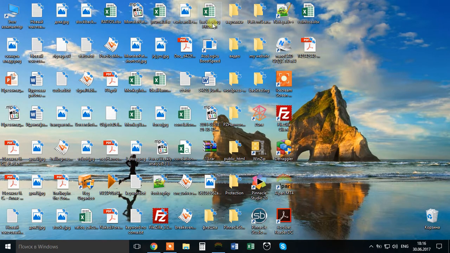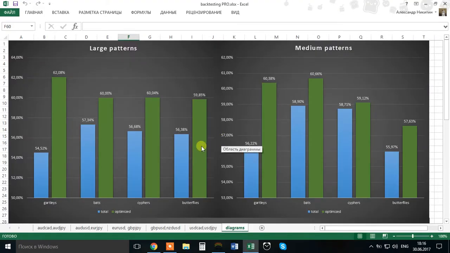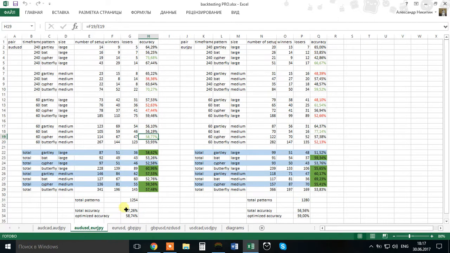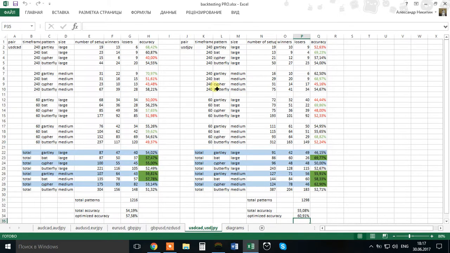I did some quick backtesting using my swing identification algorithms. So I've been using small and large swing identification algorithms on 10 pairs. The total setups found were more than 1,000 setups on each pair, so pretty large statistical data. These were done for advanced patterns, to trade with limit orders aggressively, to do it quickly, just to show you how you can optimize your trading results. So you have it